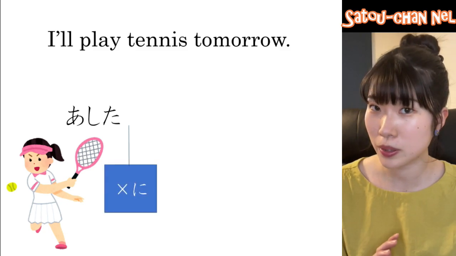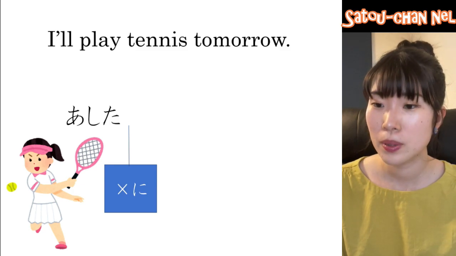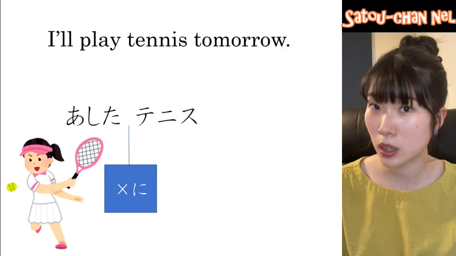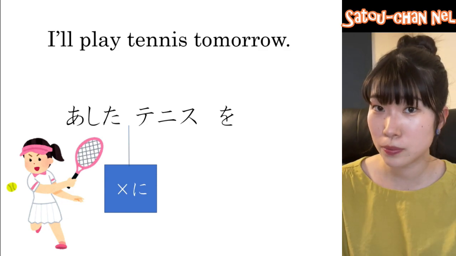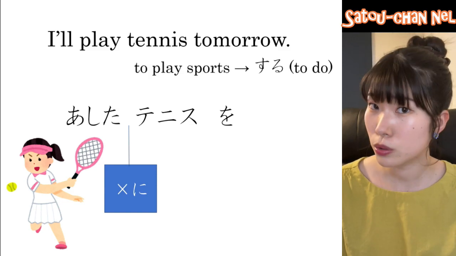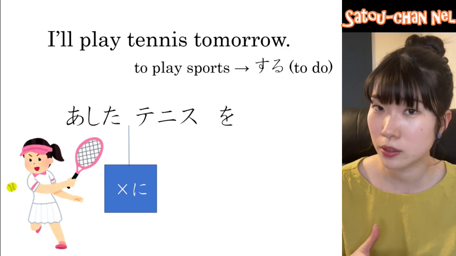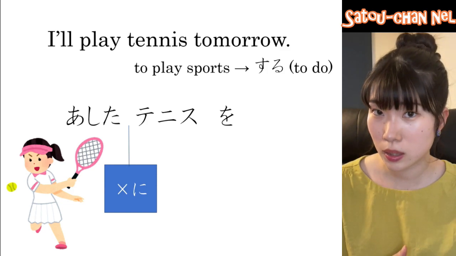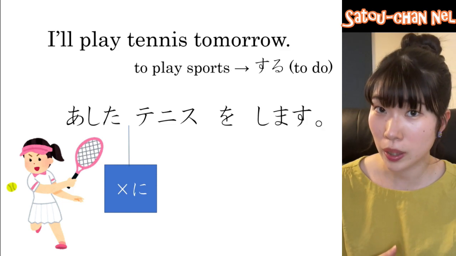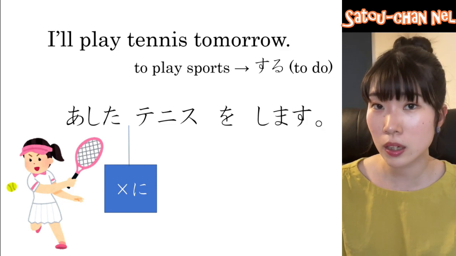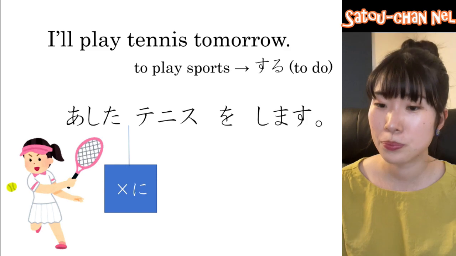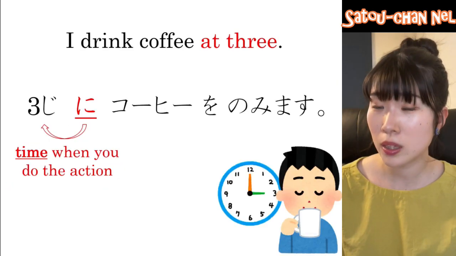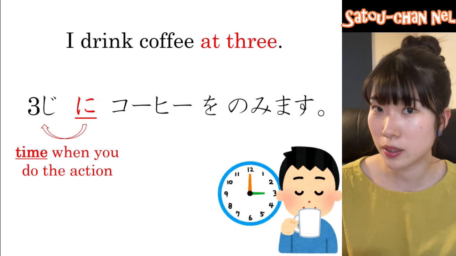So we don't need any particle here. 明日, then テニス, and particle を, direct object. 明日テニスを, which verb do we have to use? する, to do, and change it to masu form. 明日テニスをします。We don't need to add any particle after 明日。